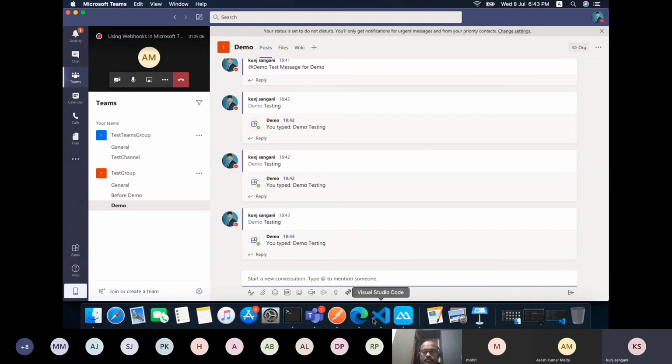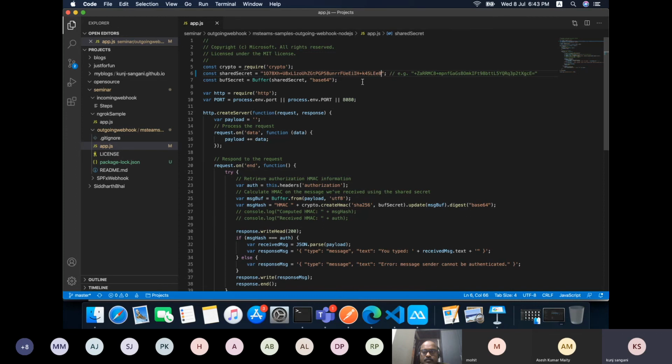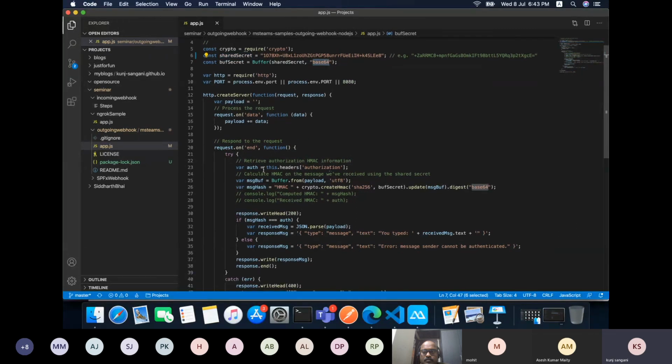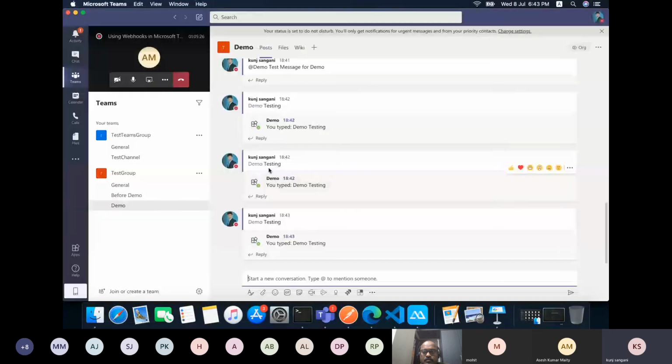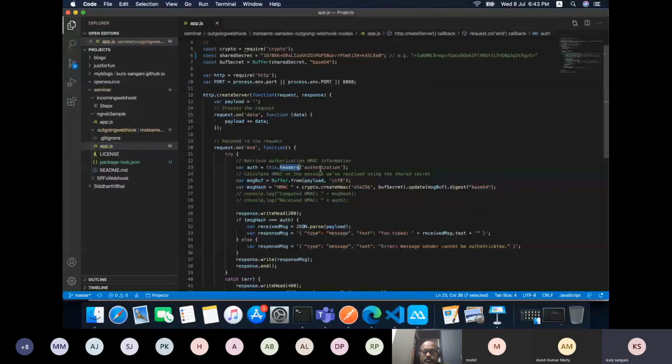Okay, but let us understand the code. What we are doing over here is using the shared secret which we obtained from Microsoft Teams. We are converting it into base 64, and we get an authentication, the authorization in the header itself. Whenever a message is sent from Microsoft Teams, it has an authorization code in the header.